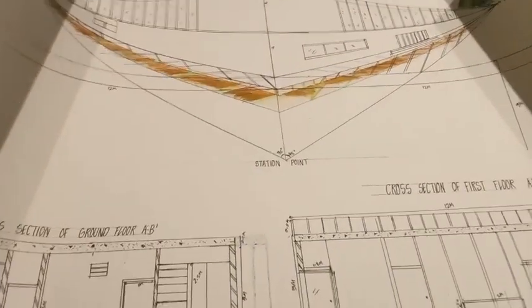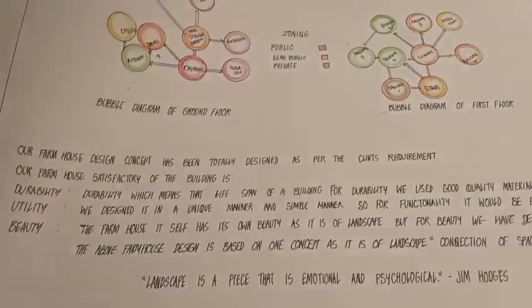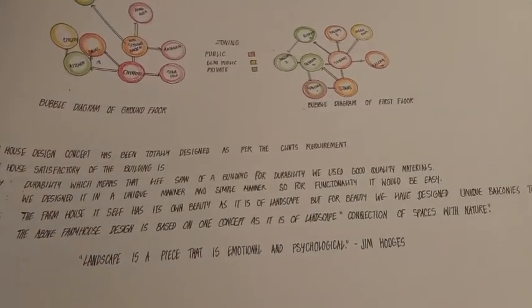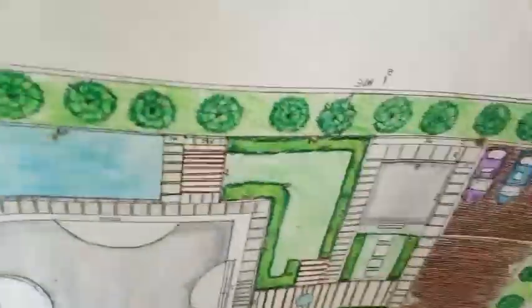And this is the concept design which I had to do, and I forgot to do zoning as I'm not that good at zoning. And here I have started doing my model based on the site, as I was supposed to do it at 1:100. Actually, we were given a choice, and I chose 1:100